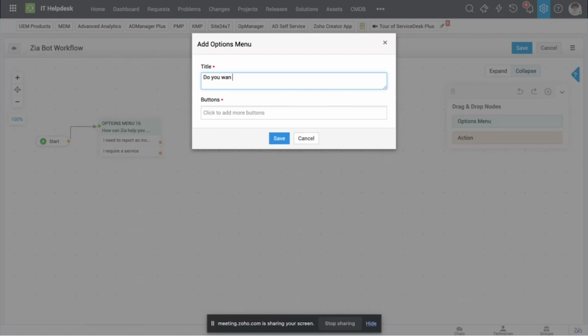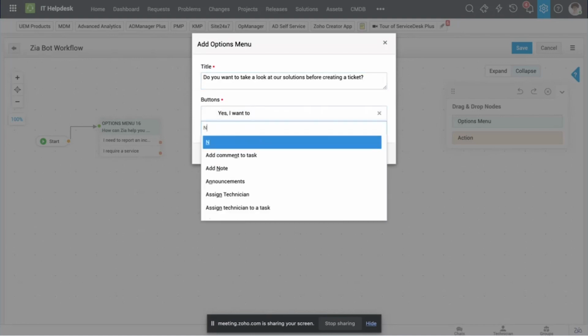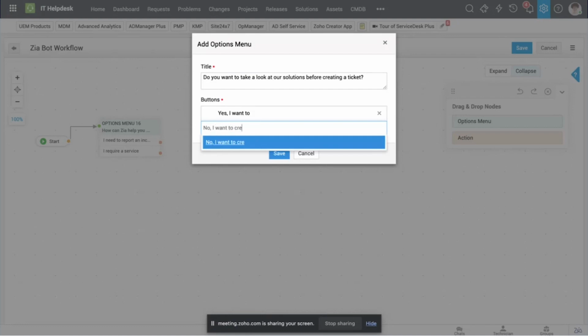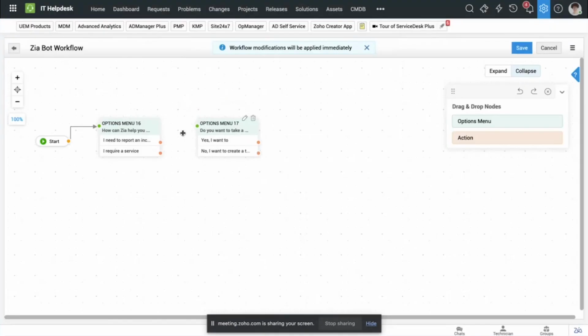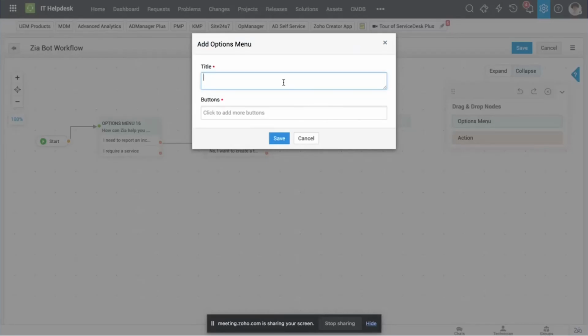Let's ask, do you want to take a look at our solutions before creating a ticket? So we are nudging the user towards knowledge management. So let's say, yes, I want to, or no, I want to create a ticket. So let's be as specific as possible. And let's click on save. So from the output of I need to report an incident, it once again connected to the next options menu. And from over here to another options menu, which will